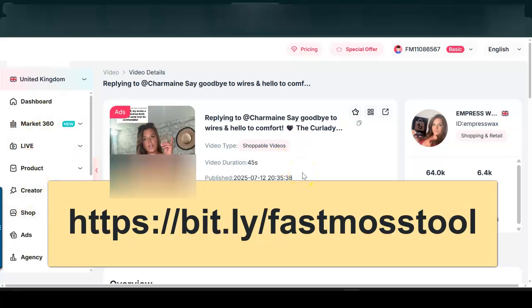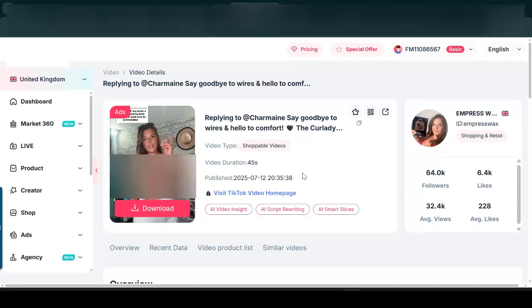There's so much information on this dashboard that it is hard to digest in just one day, so it's going to take you at least a couple of days to get familiar with everything: the type of videos, sponsored ads, units sold, and the products that they are promoting. This is something that's going to save you months and years, because when it comes to promoting any kind of product, whether it's your own product or an affiliate product,